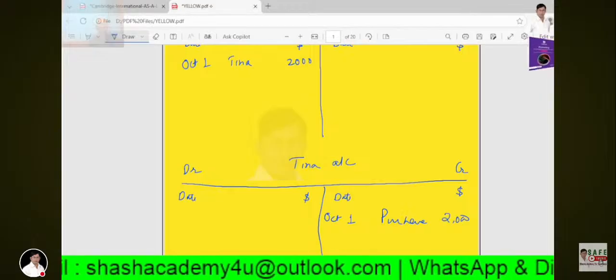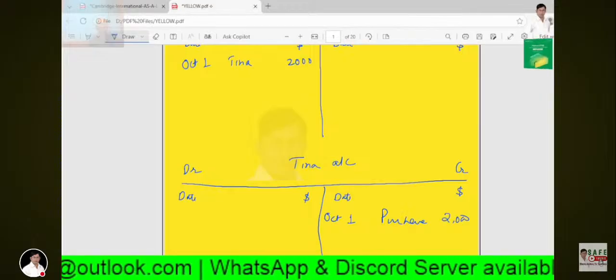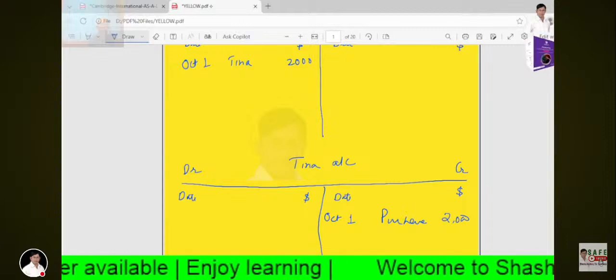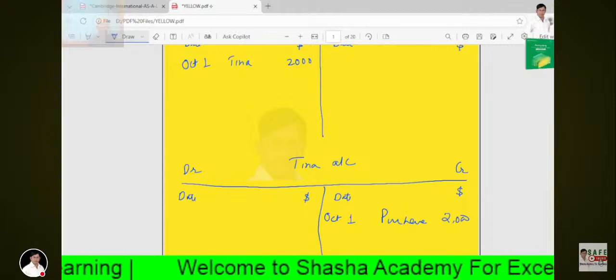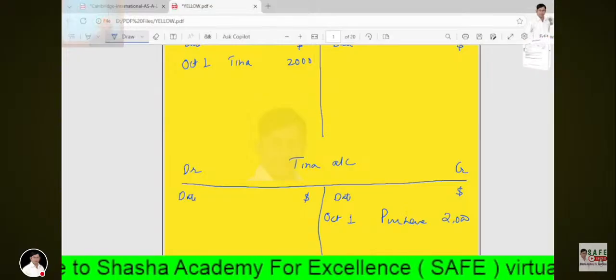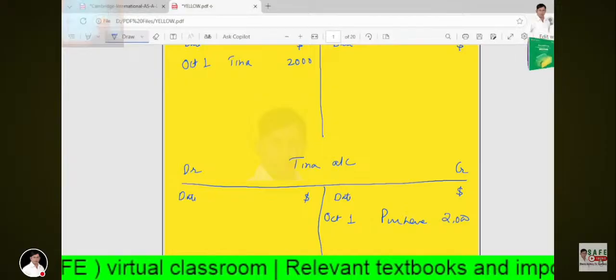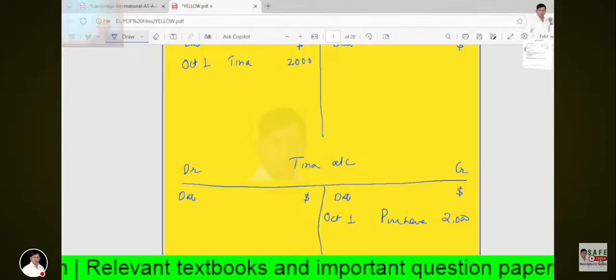Obviously, debit is equal to credit, and one account is debited, the other account is credited. So this is the first thing you learn in accounts: if one account is debited, the other account will be credited. This is very important. So next, coming to the next,